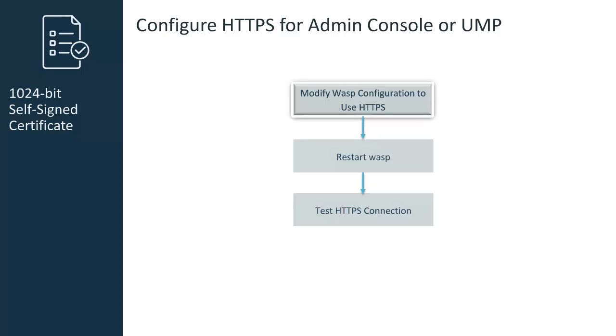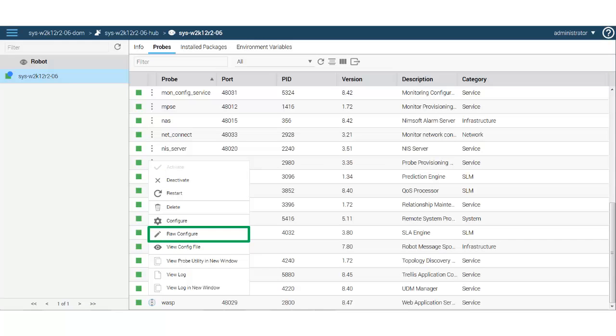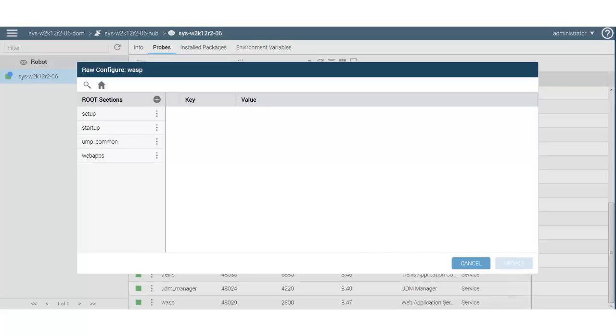To do this, go to Admin Console. Here is the Admin Console view of my robot running WASP. I must modify the WASP configuration in Raw Configure. So I click the probe menu and select Raw Configure. I need to add a key to define the port I will use for HTTPS. This information is defined in the Setup section. So I select Setup